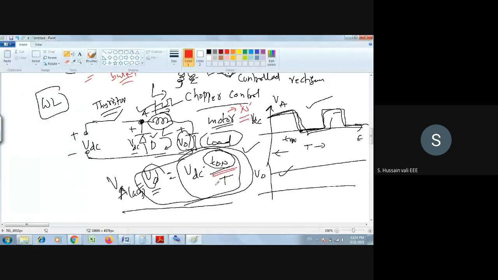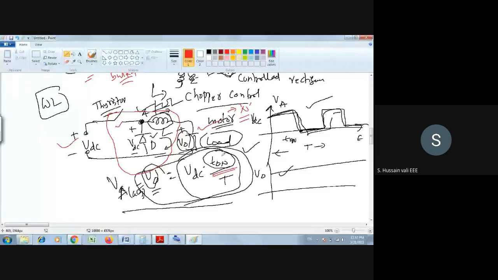Chopper control is simple here. The chopper circuit is there, this red color box. This is the chopper circuit. This is the motor, whereas this is the supply. So you connect this basic chopper circuit, then you control the switch on time. When you control the switch on time, you have this formula VDC into T on by T. Then you can easily control the voltage going to the motor, so obviously the speed of the motor will change. That's it. This is a simple logic.